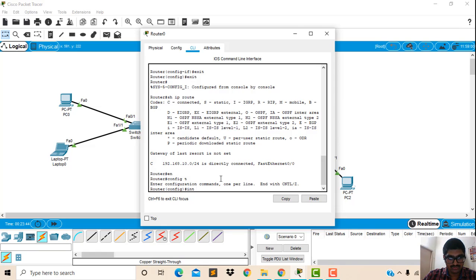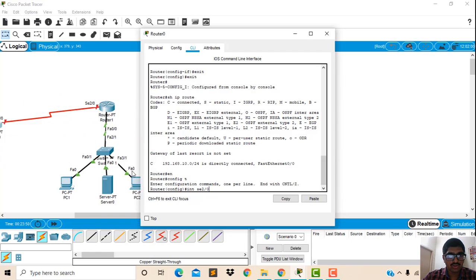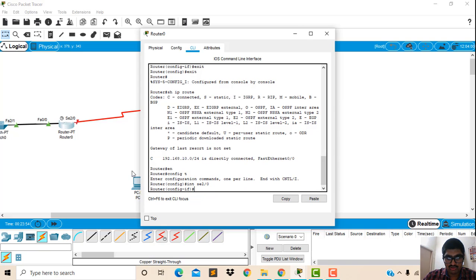Now interface serial 2 by 0, because here we see that the router has serial 2 by 0. Now we will enter the IP address to router 0, that is 192.168.20.2. I am assigning the IP address to router 0, with subnet mask 255.255.255.0.